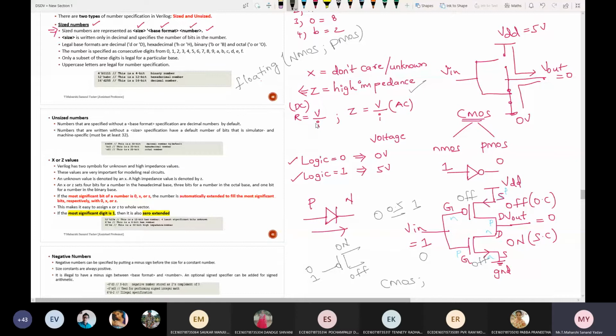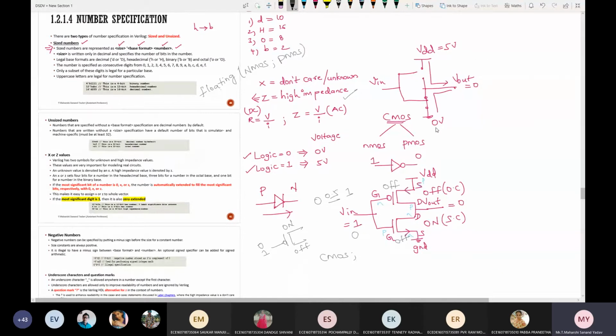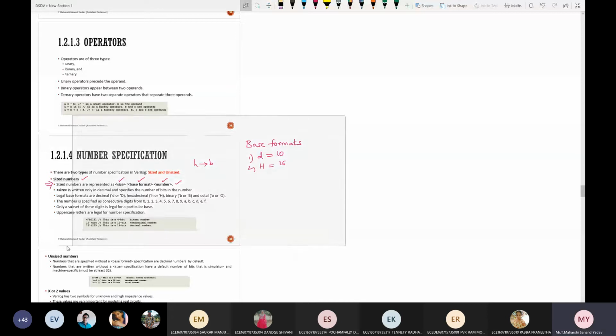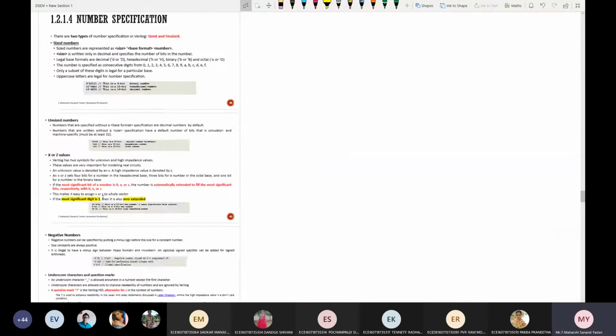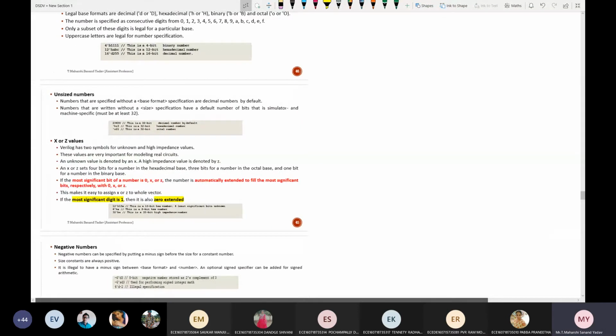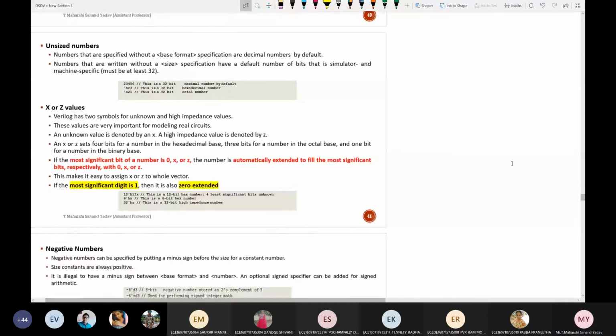Okay. Now can anyone tell me the overview? What is 0, what is 1, what is X and what is Z? Quickly. Give me the overview. What is 0, 1, X and Z? 0 means logic low or high? Low. Correct. Next, logic 1 means? High.